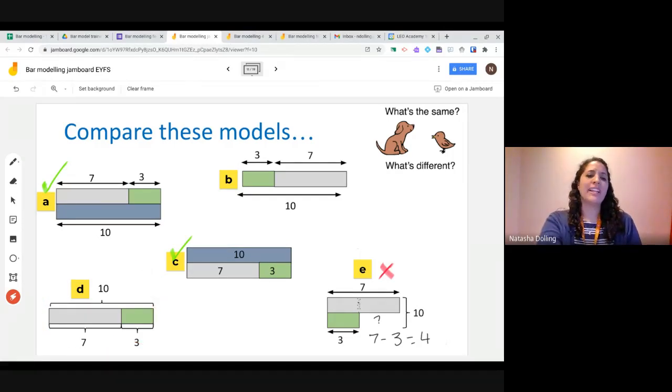But what the brackets do is they highlight exactly what part of the bar model is worth 7 and what part of the bar model is worth 3. And obviously all the other things I talked about don't matter. The colour of the bars, the order of them, all of that does not matter. This is what does matter